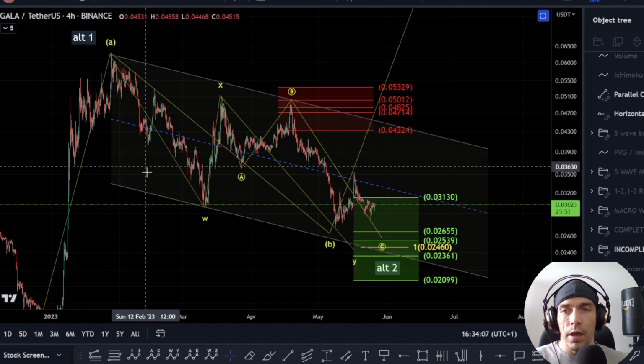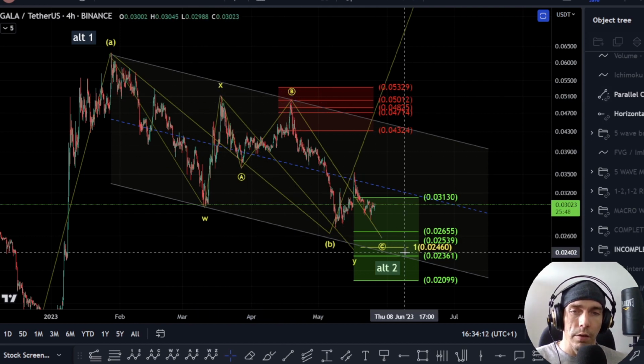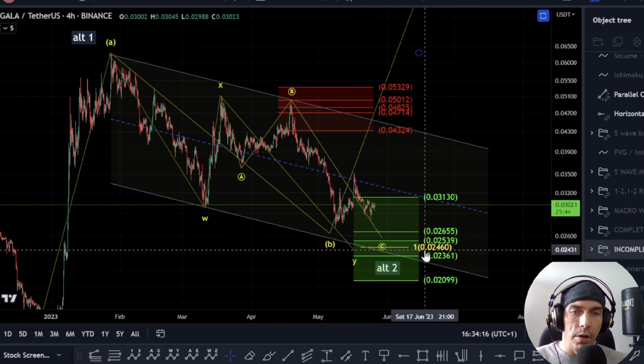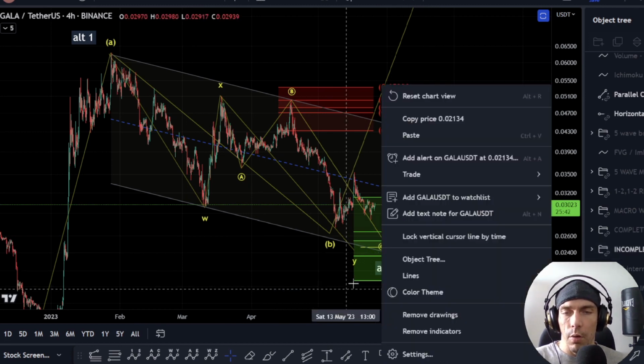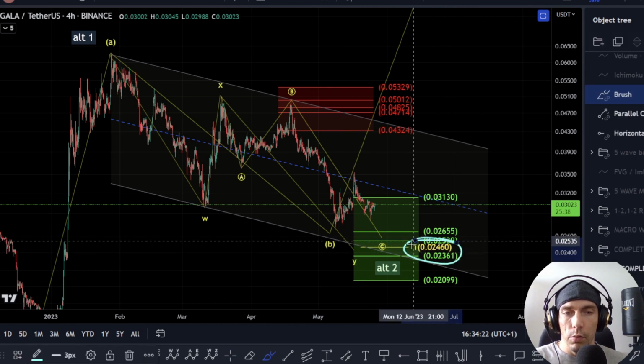Now if this is the case, what we'd have is a W and X, and then potentially this is an A, B, and a C, looking for this as a Y wave. So that Y wave is actually lower down here towards this 0.2460 area. So I'm going to have to keep an eye on this as an alternative target if we do look to break down